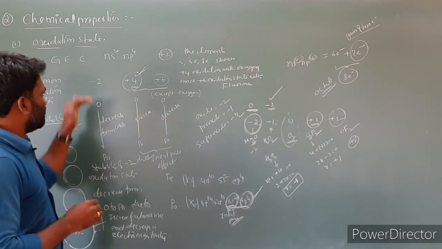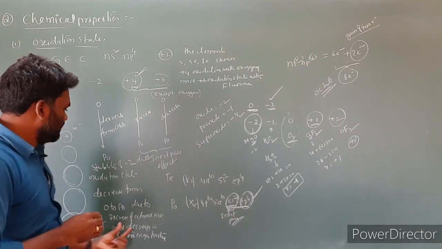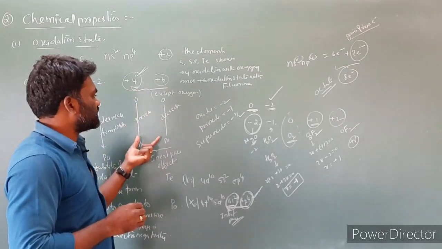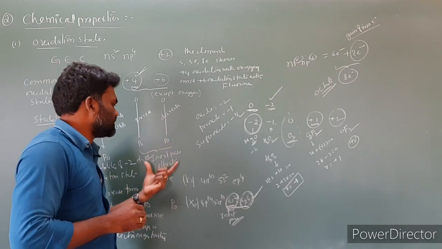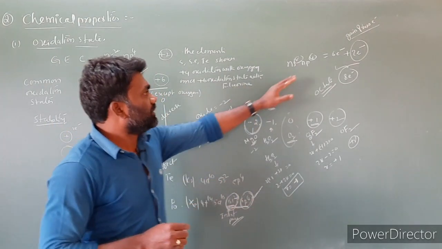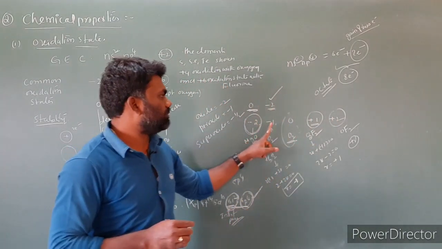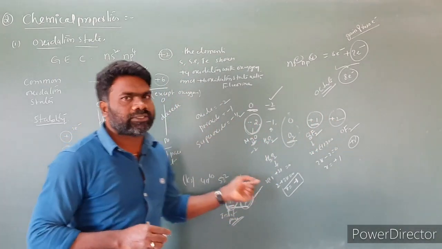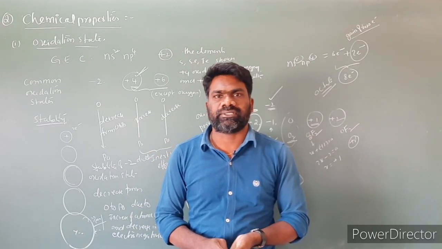Next, stabilities. The stability of the -2 state decreases from top to bottom because atomic size increases and electronegativity decreases. For +4 and +6, the stability of +4 increases from top to bottom, and the stability of +6 decreases from top to bottom. There is only one reason, the inert pair effect, which I already explained. So these are the oxidation states of oxygen. Oxygen shows, in addition to -2, -1, 0, +1, +2, and fractional oxidation number in the case of superoxide. So these are the oxidation states of group 16 elements.